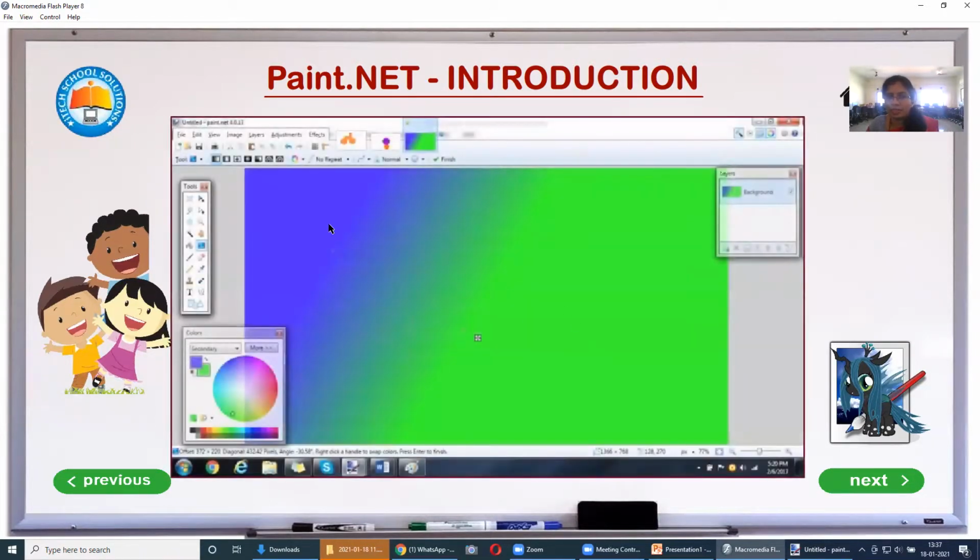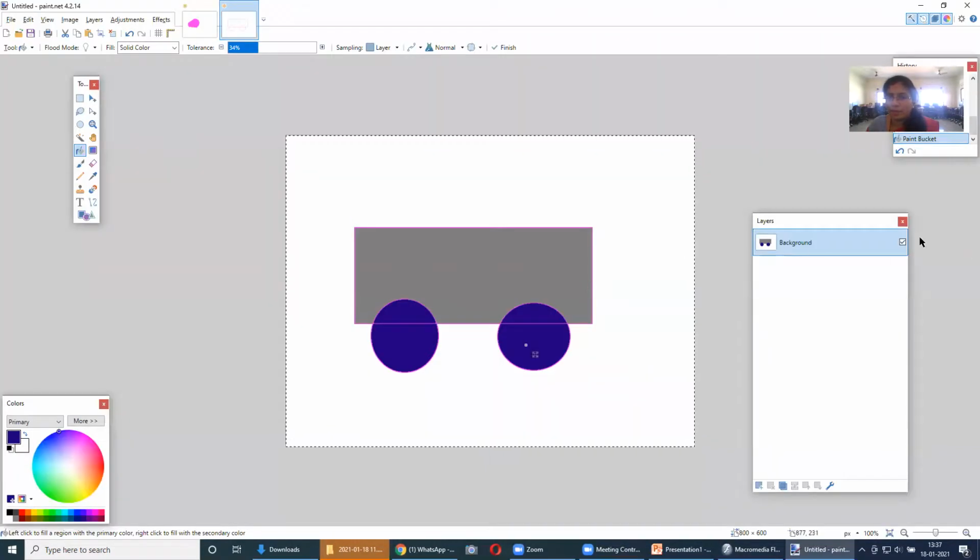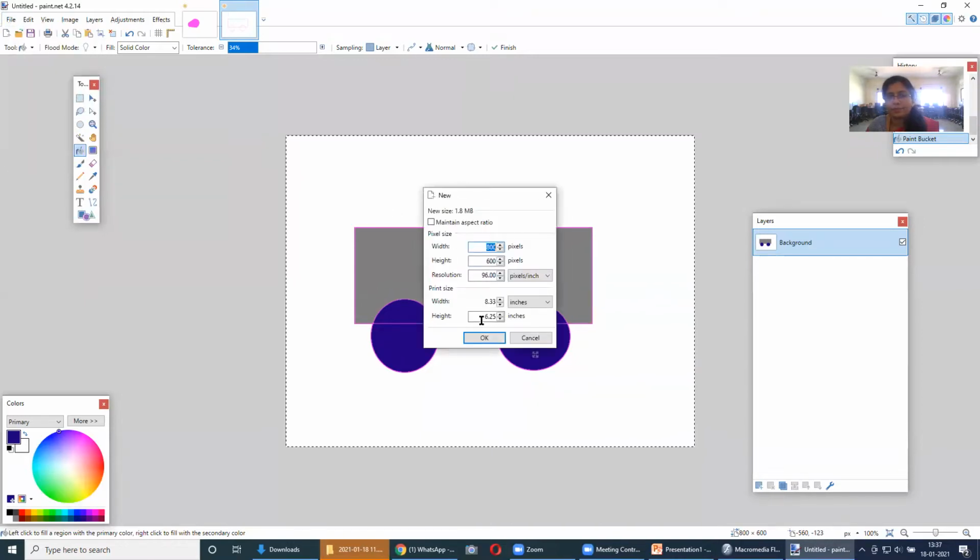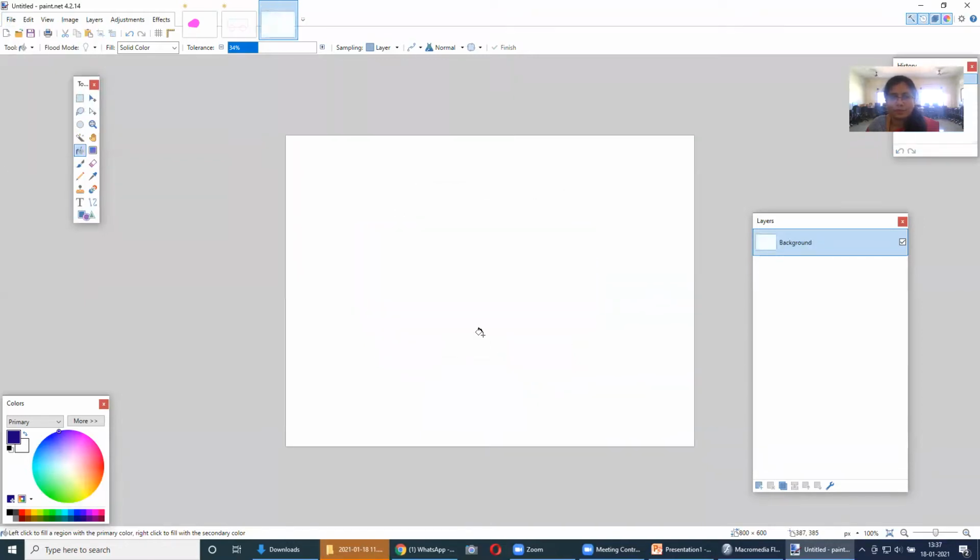See this way. Can you just see here purple and green shade? So we'll do it here. I'll take again a new one. So beside this bucket fill, I have this gradient tool over here. I'm just clicking on gradient, and here primary color, I'm going to give it as red.